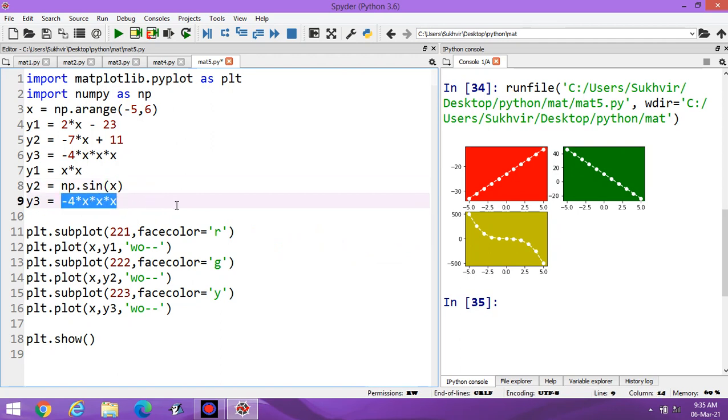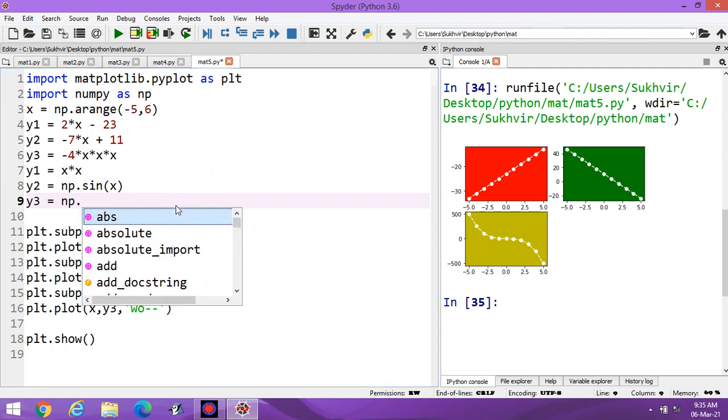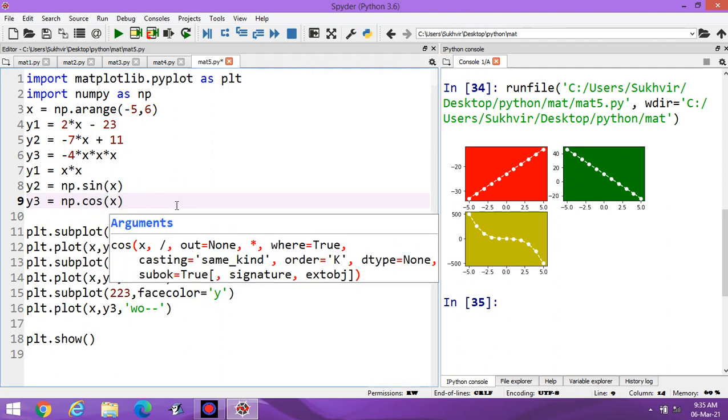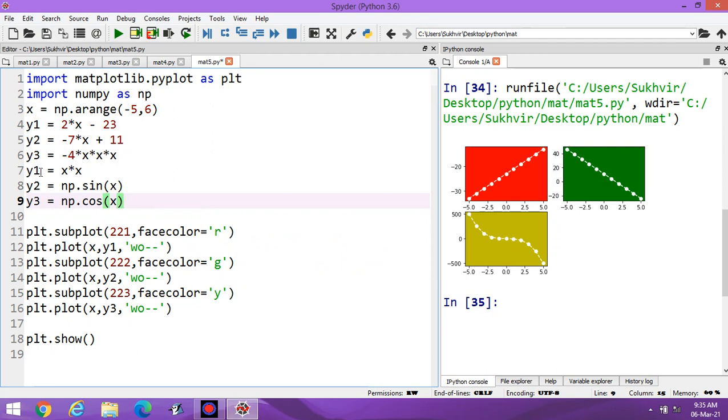Here you can write cos x. You can change the variables y4, y5, y6.